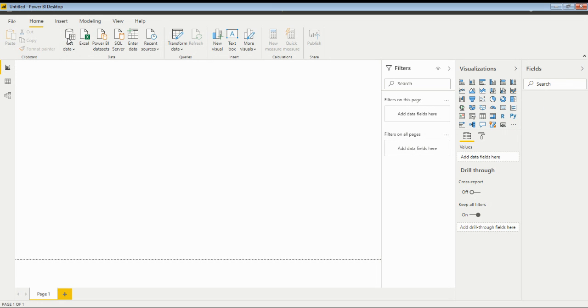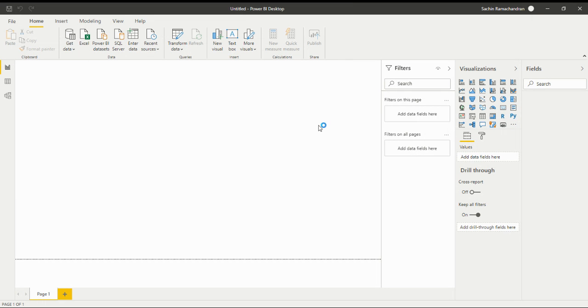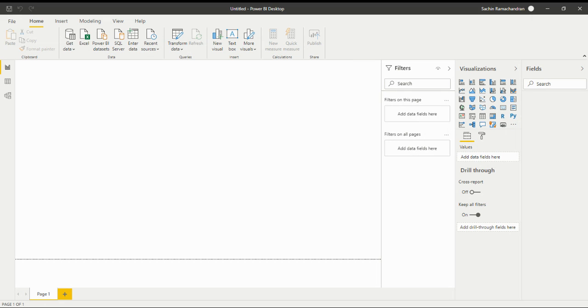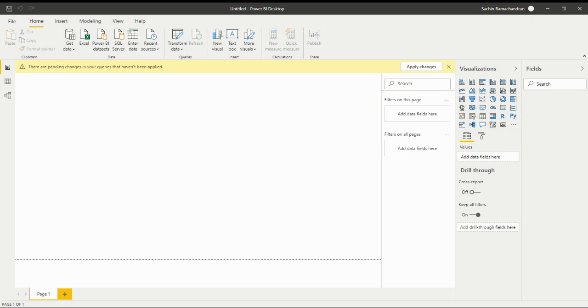So if we say we get a data quickly, let's take a text CSV, and if we just get some data, anything will do here. We can just easily see that it will get populated. We can actually transform it there, and as we quickly load the data, it starts loading into our model.